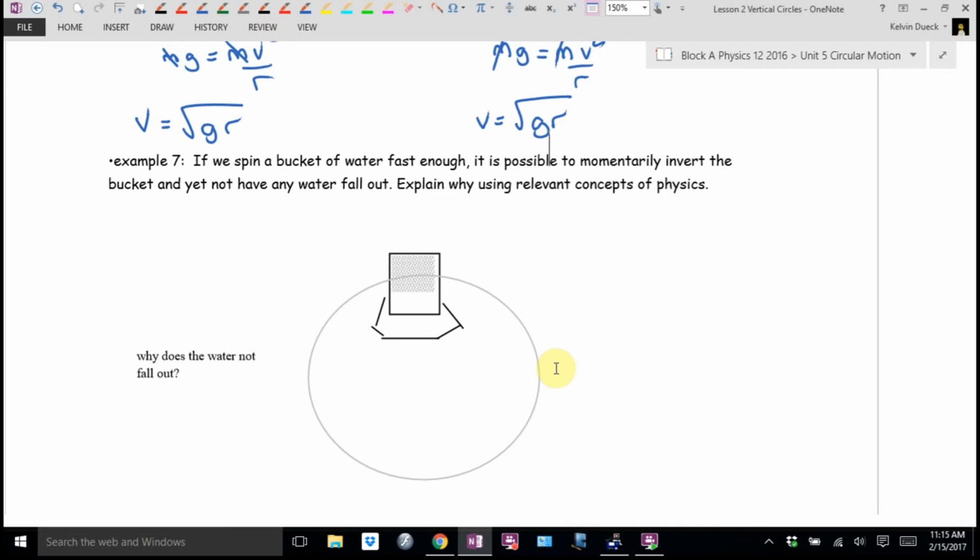Why? Yeah, the inertia is great. Inertia is a measure of mass. I kind of like your explanation, except I don't like saying that kilograms are greater than newtons. That's fingernails on the blackboard to me. So maybe we can do better. Normal force is bigger than what? See, what's holding the water in the bucket? As long as the water feels like the bucket is pushing against it, it's going to feel that there is a force holding it in place. So as long as the normal force is bigger than mg,